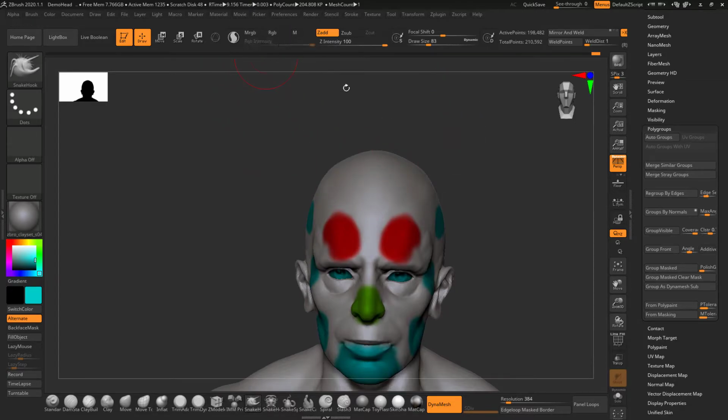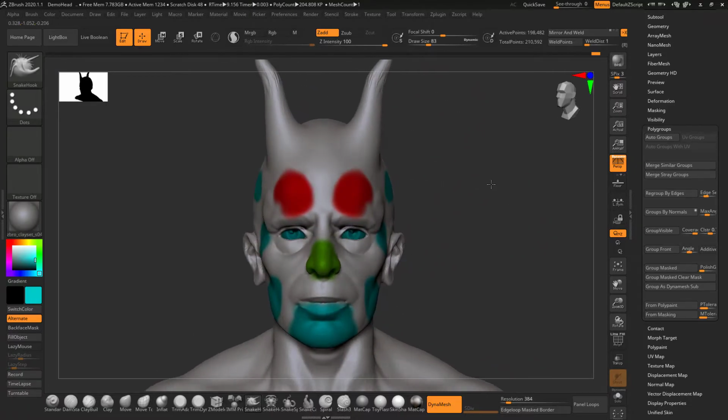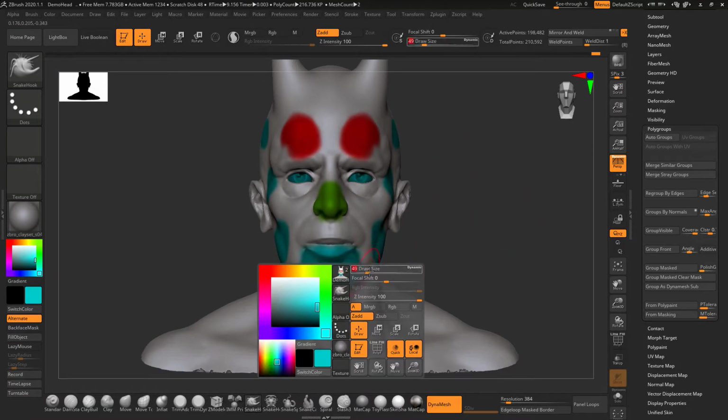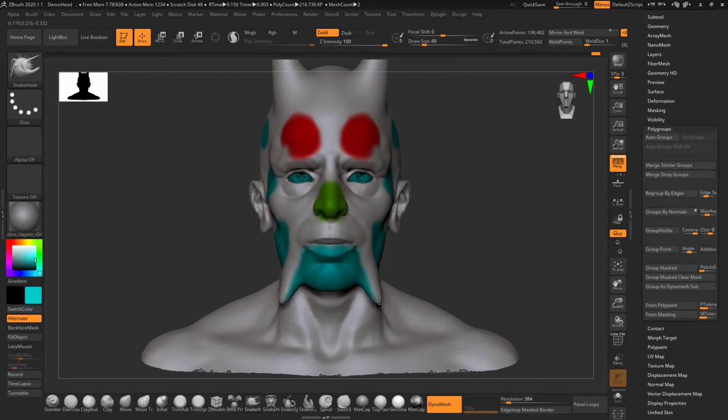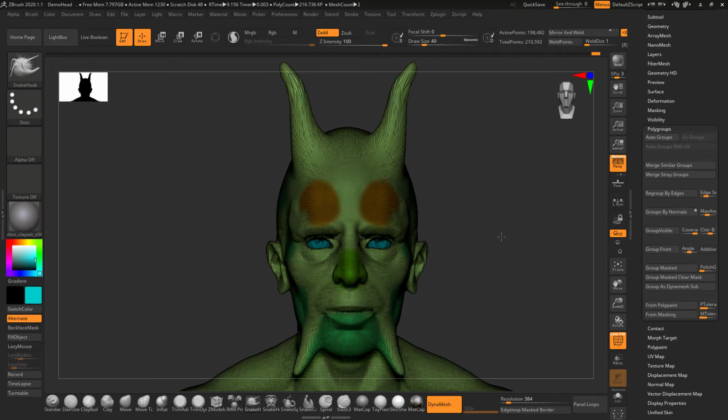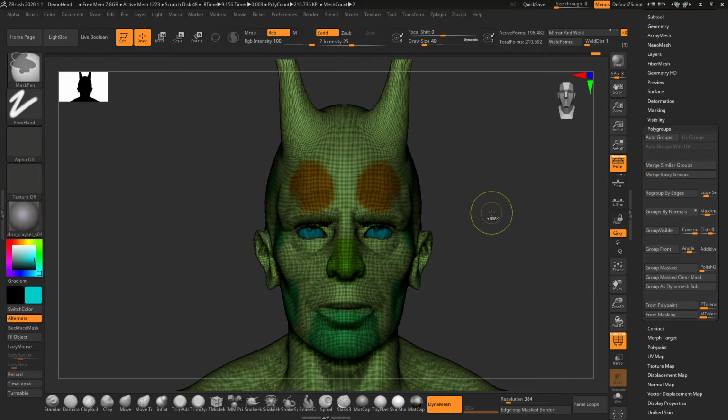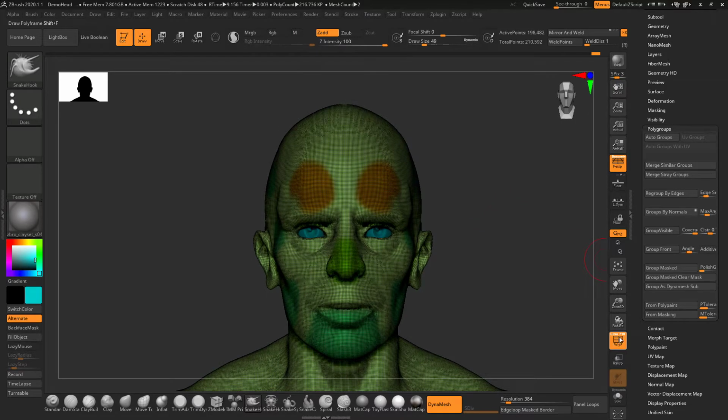I will just turn off this RGB information and add some detail here. Right now, when I click on group by normals, okay, it's not working in that way.